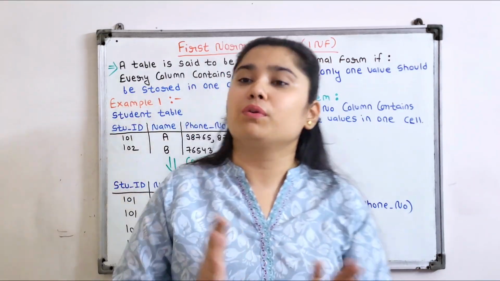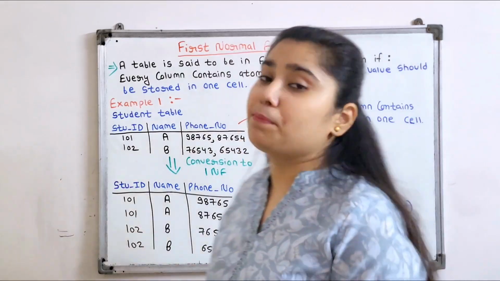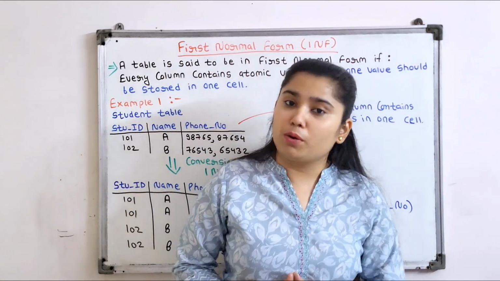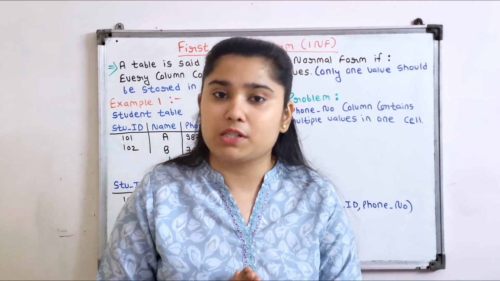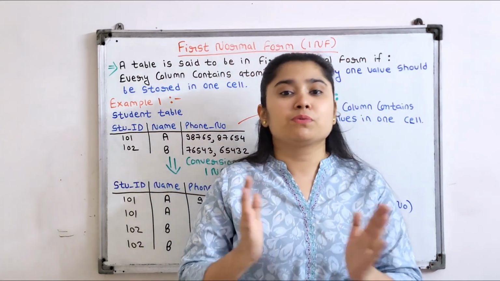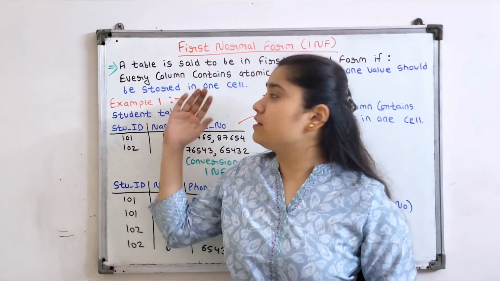In this video, we are going to learn the concept of first normal form, that is 1NF. This concept comes under the process called normalization. Now what is normalization? Why is it important? That part we have already discussed in the last video. The link is available in the description box, you can check it there. In this video, we will discuss the first normal form.